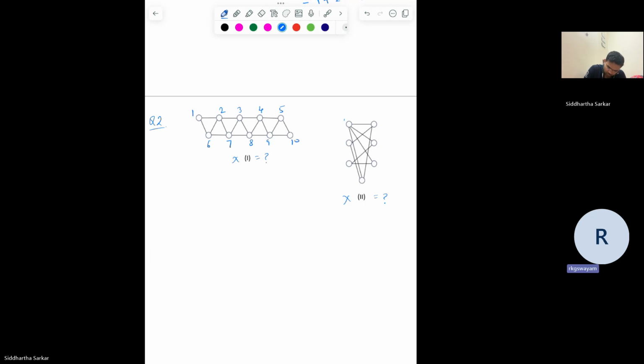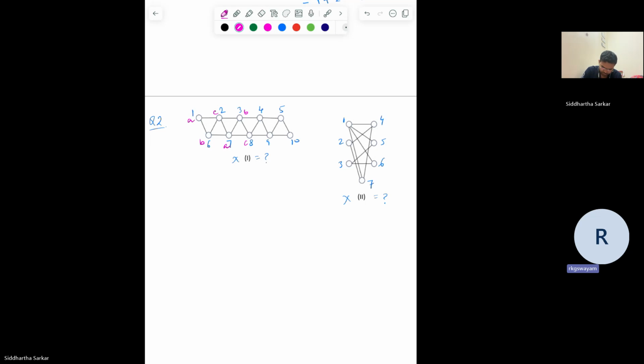So I paint vertex number 1 with a color, say color A, and then I paint vertex number 6 with the color B and vertex number 2 with the color, say, C. Three colors have been used. Now I can reuse the color A for vertex 7, and the color C for vertex 3, and the remaining color B for vertex 3, and the color C for vertex 8,